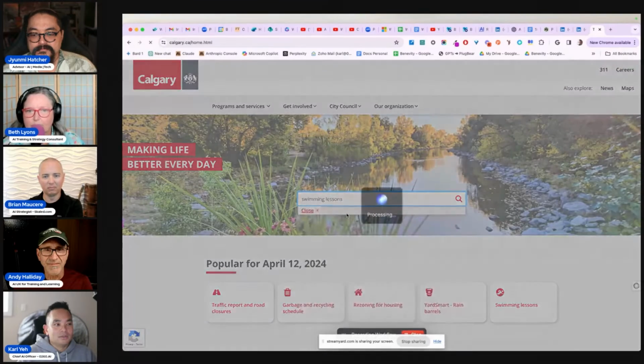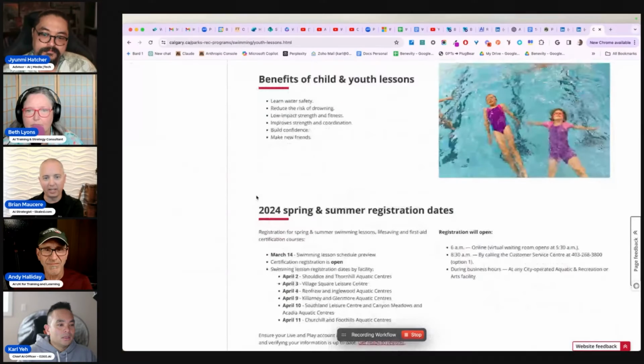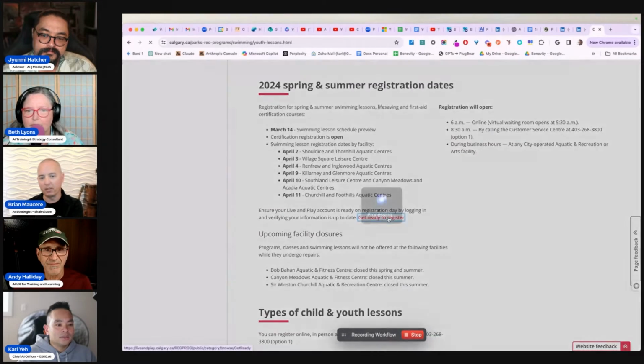I've never used this before, so I'm just going to go here and swimming lessons. I want to see what it actually does. And for those who can't see the screen, in between Karl's clicks, a little HyperWrite bubble pops up and says processing. We're capturing as he's moving around the website. So basically, it's recording what Karl is doing on the website as he moves through to find swim lessons and stuff.